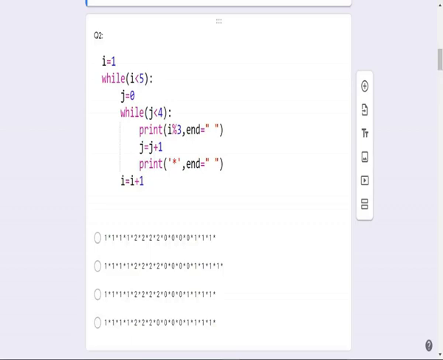So you observe the pattern. This loop is repeated 4 times for each I value. Okay. Observe the output. 1 star, 1 star, 1 star, 1 star. 4 1 stars. For I is equal to 2, this one. For I is equal to 3, the remainder is 0. Again for I is equal to 4, this is the value. So option 2. This is the correct answer. Option 2 is the right answer.